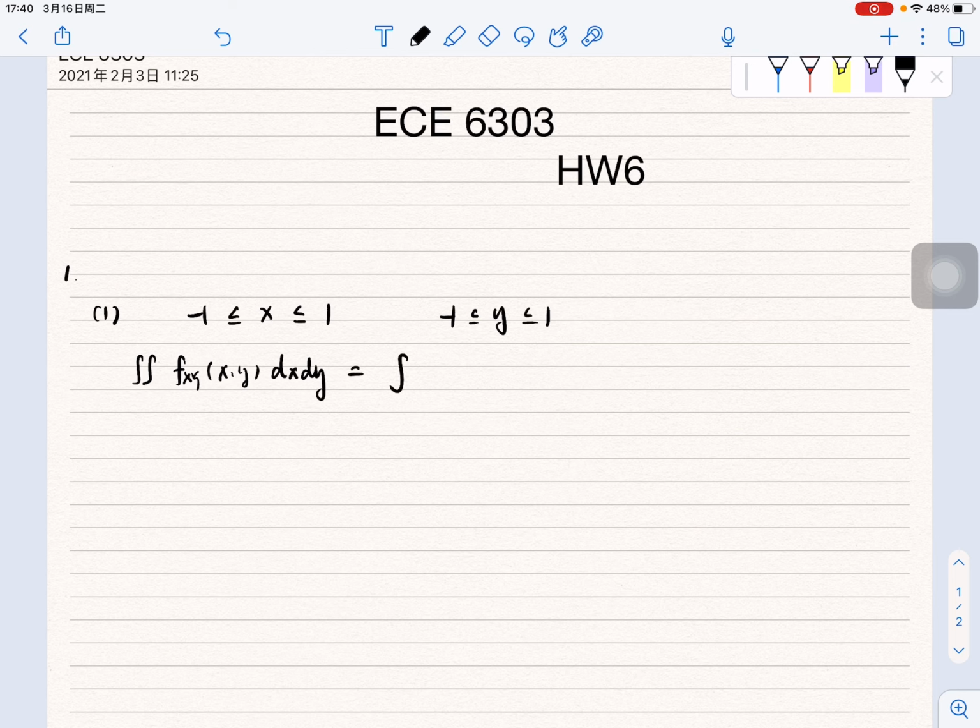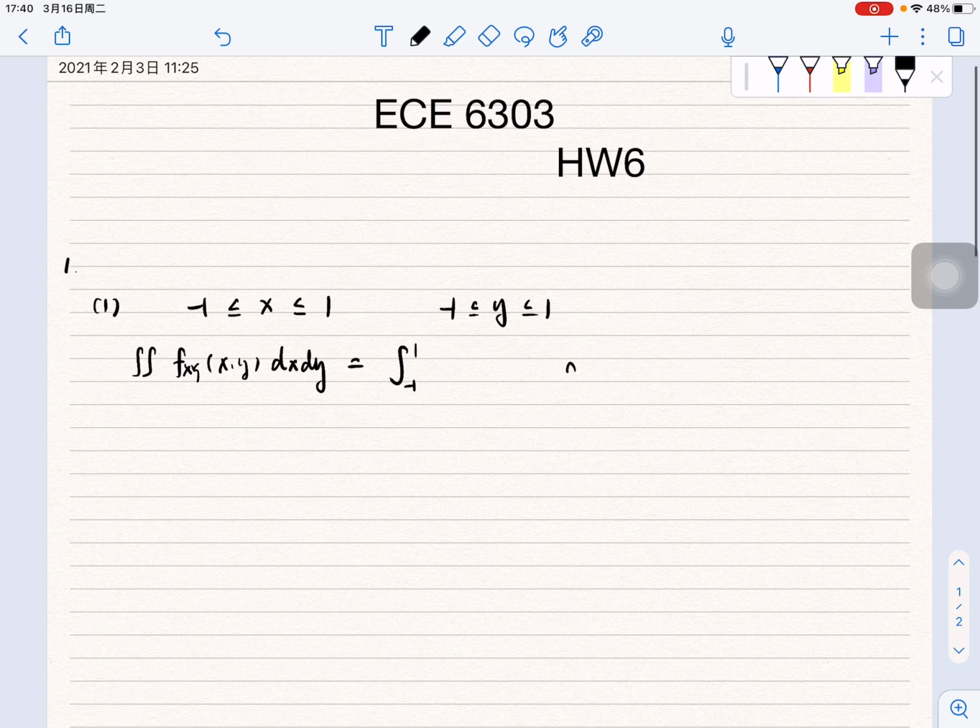It will be the integration from -1 to 1 dy and -1 to 1 dx, and the function is (1 plus xy) divided by a. And we can calculate it and get the answer